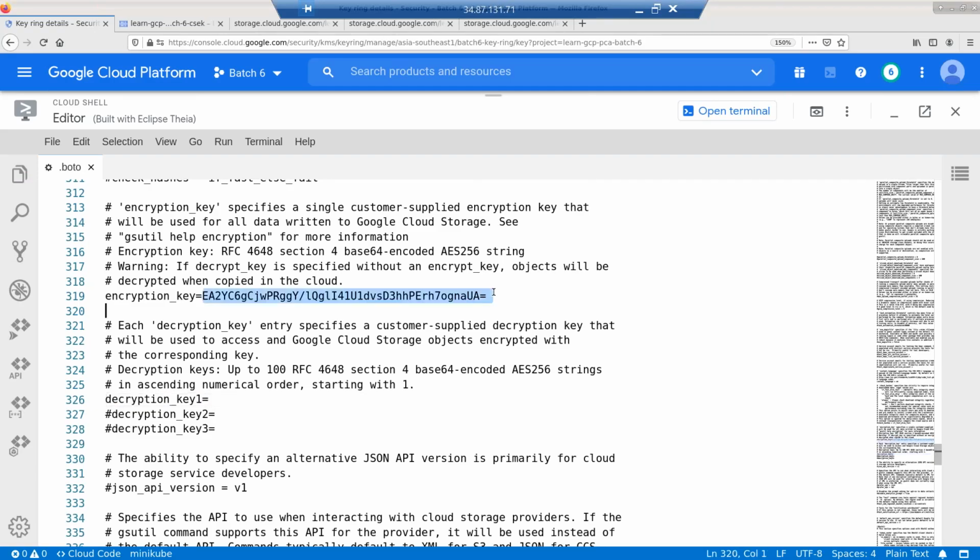So if you want to mention, this has no impact, folks. If you ask me, it has no impact. So these multiple decryption keys are going to be really helpful when it is an asymmetric key. So for encryption one, decryption one, if you want to do, then it's going to be helpful. If it's a symmetric key which you're going to use, then you don't need to mention this part. So let me just comment this